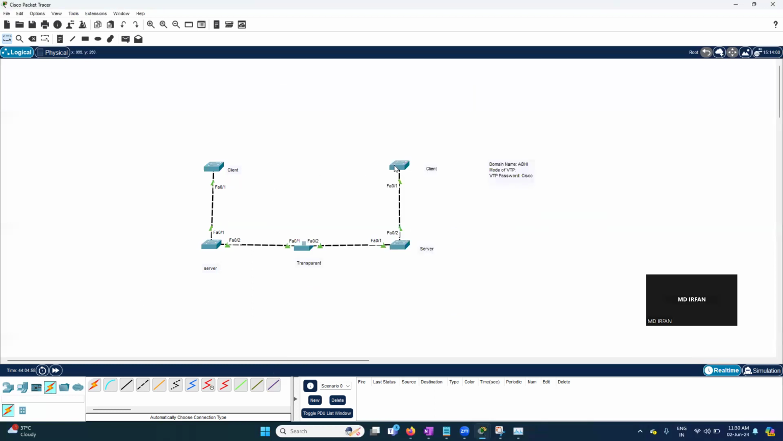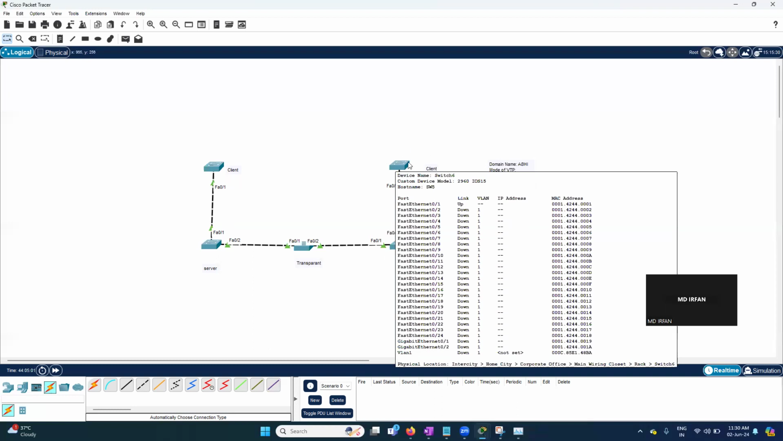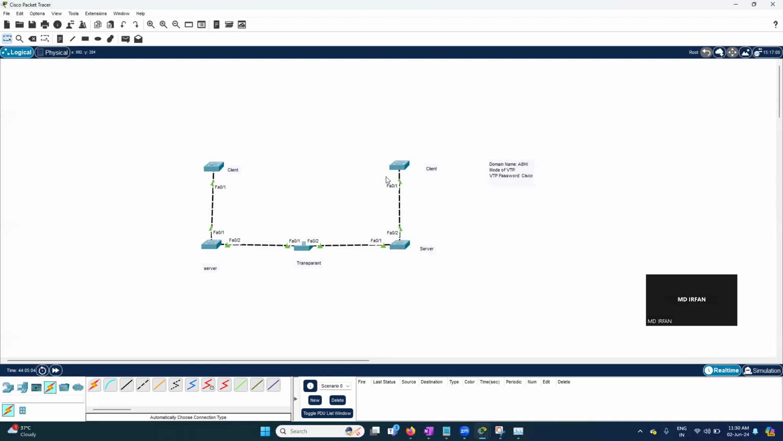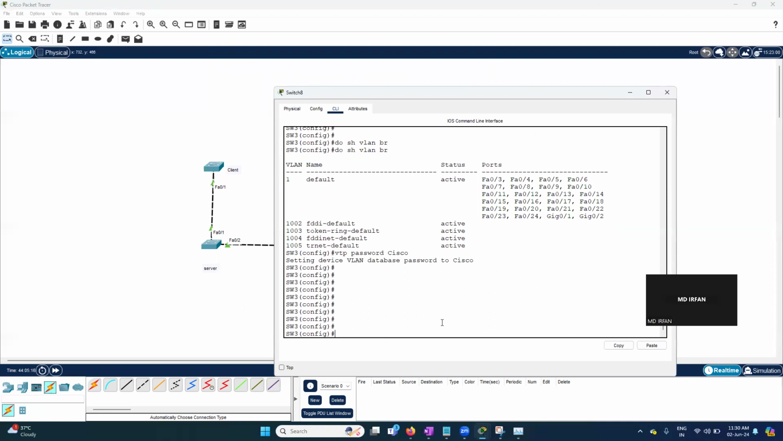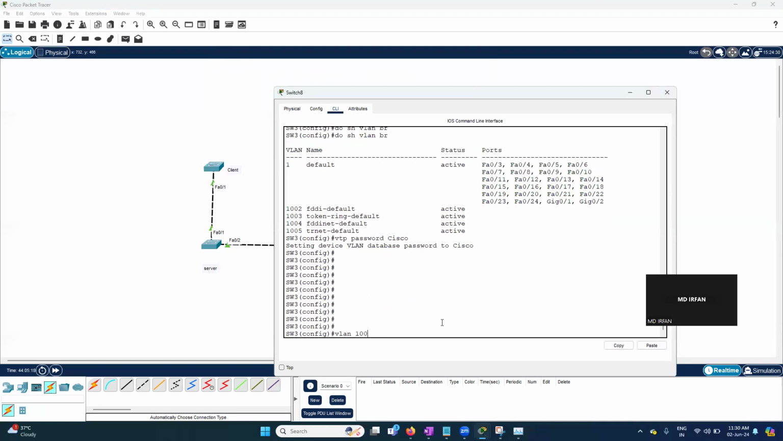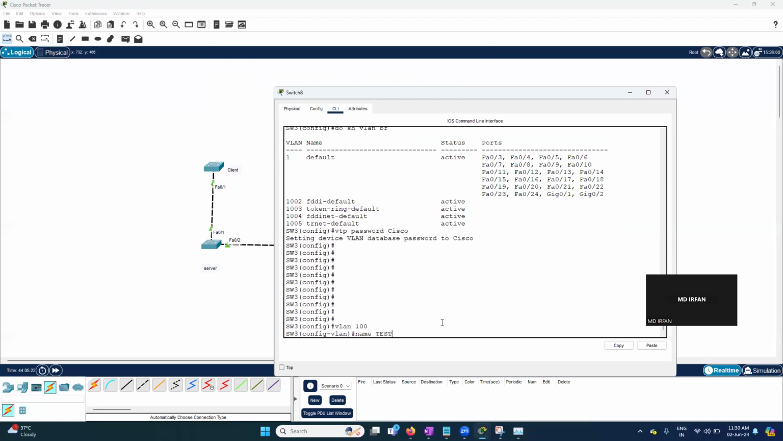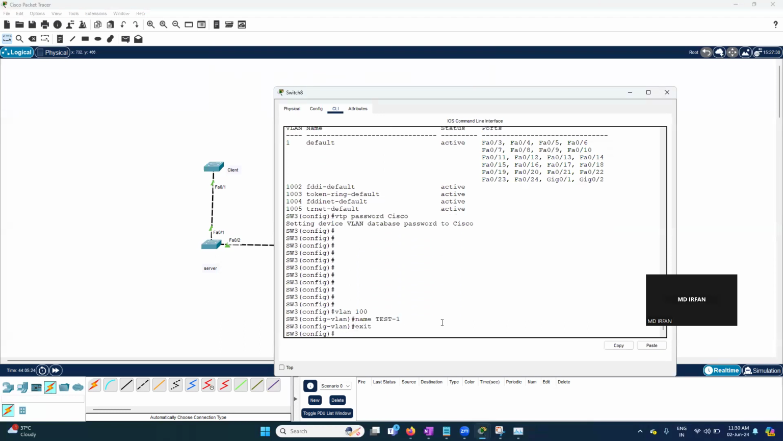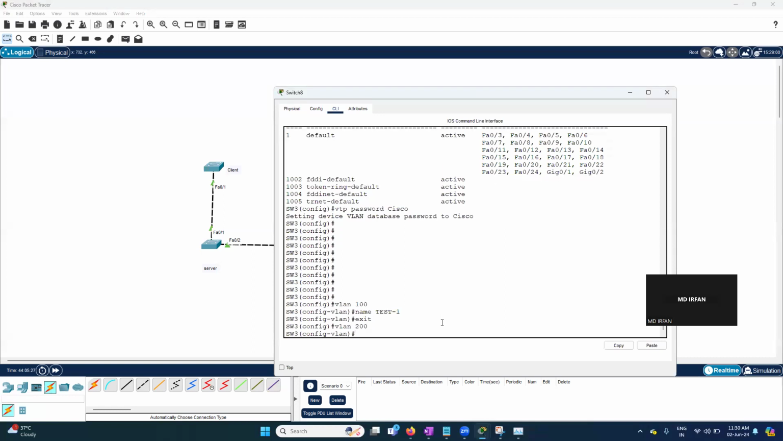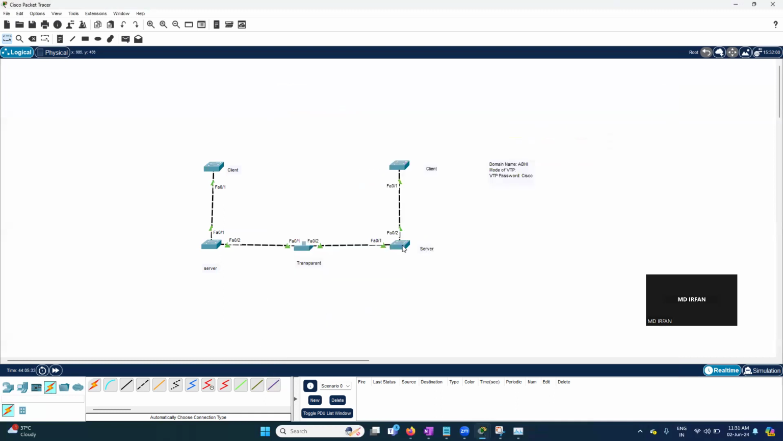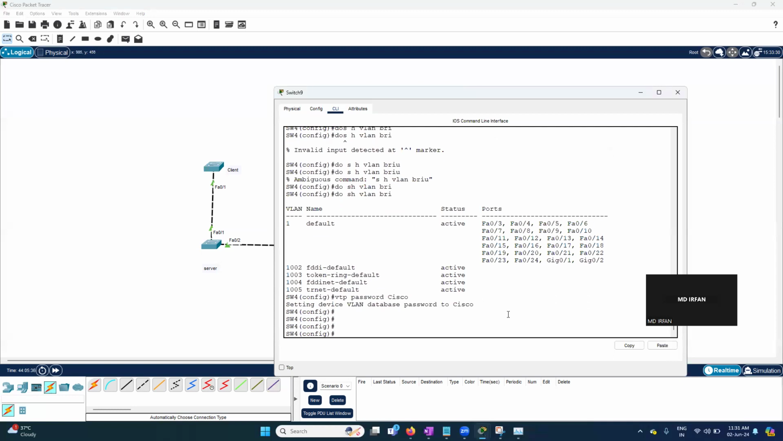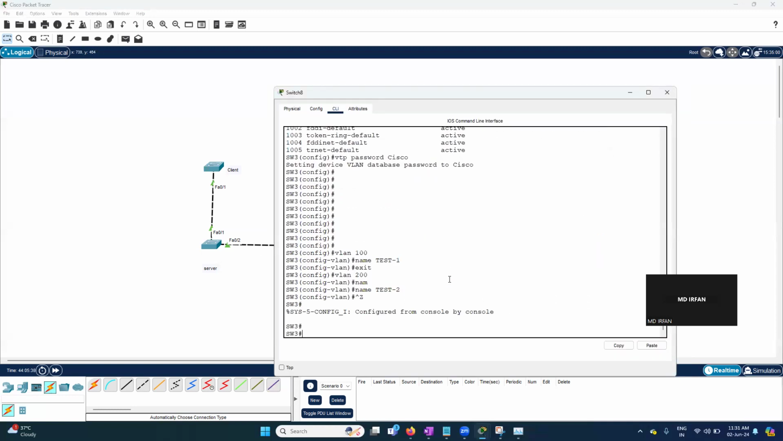I will not configure any password here. You will see there is no VLAN here. The advertisement will reach here, but once this VTP advertisement is received by this client switch, it will drop the message. So here we will configure some VLANs, for example VLAN 100, name test1. Exit. VLAN 200, name test2. Done. Also here I will configure some VLANs. So here you can see the transparent mode switch always configures